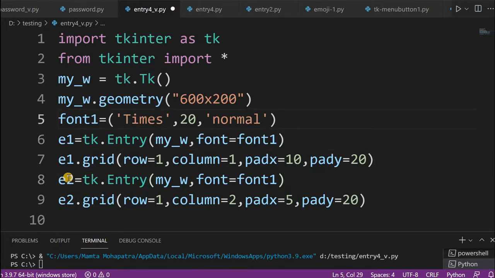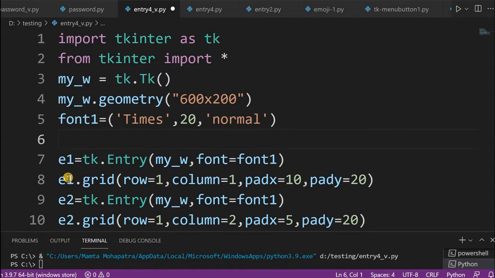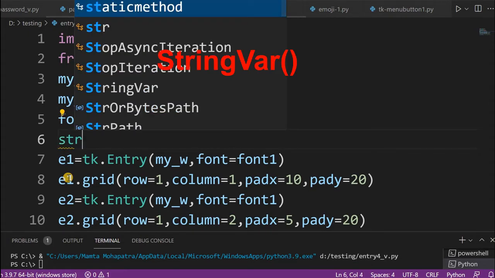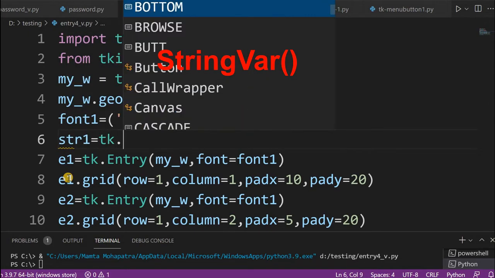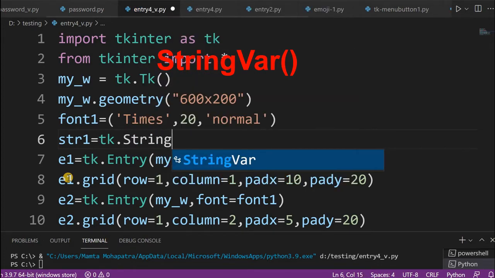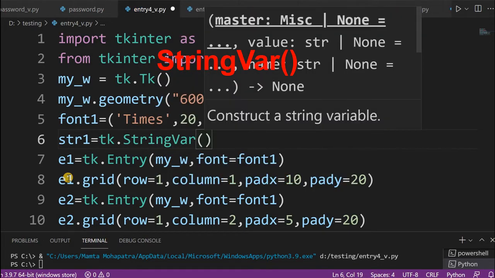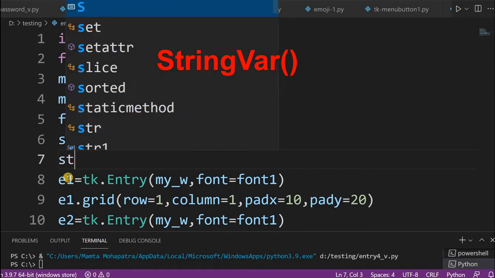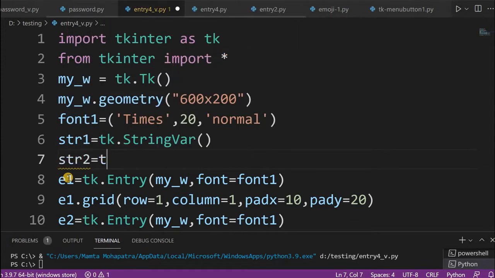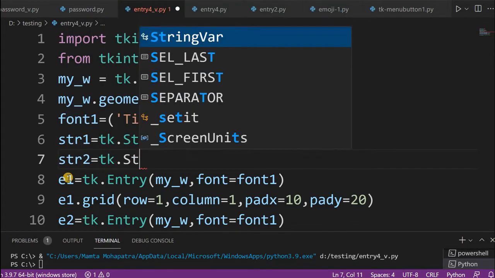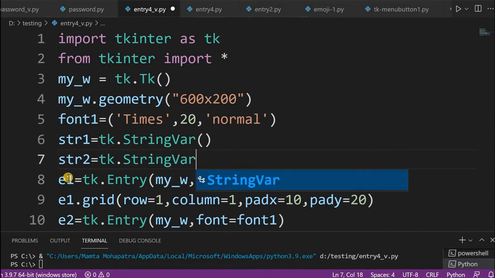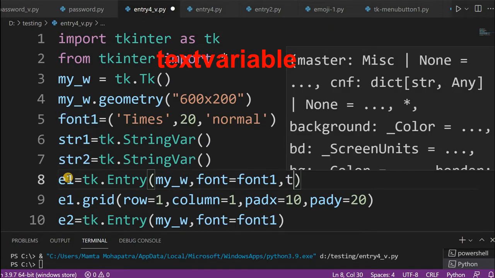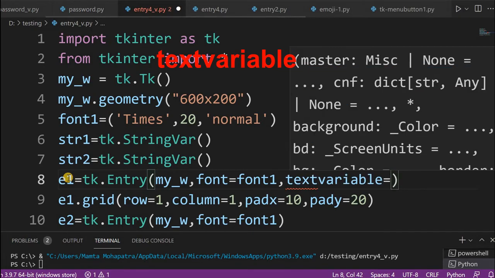Now I will declare two variables and use them. str1 equal to tk.StringVar, it's a string variable, and I am not giving any initial value. str2 equal to another StringVar for the second one, and I am not giving any value. Now I will connect these using the textvariable option.